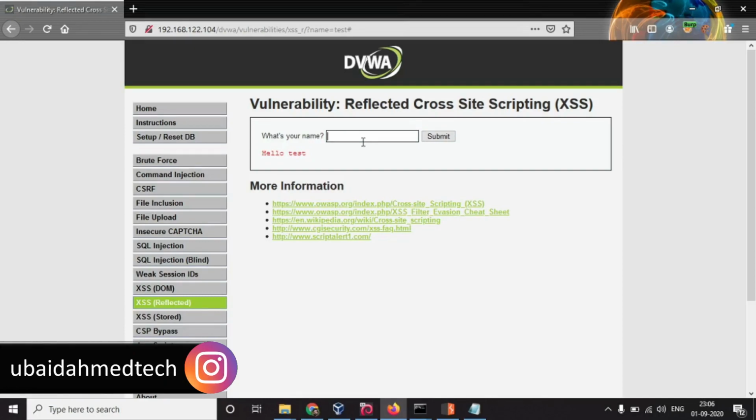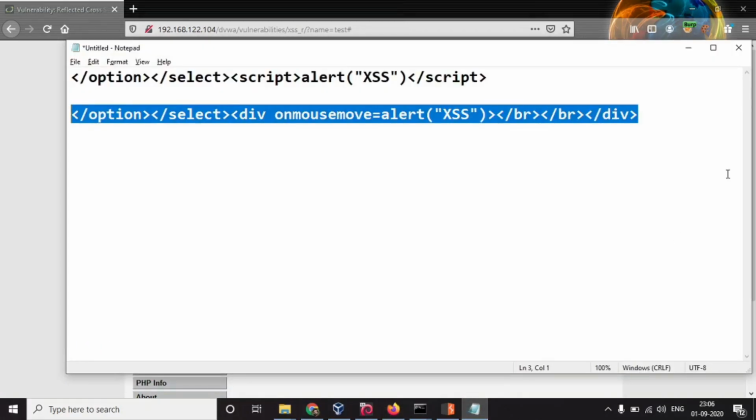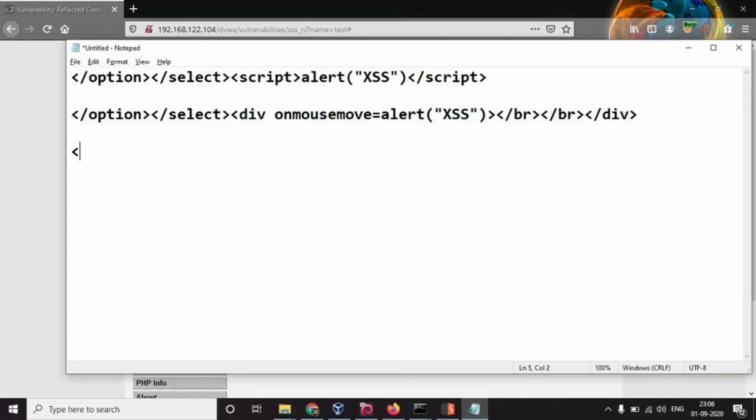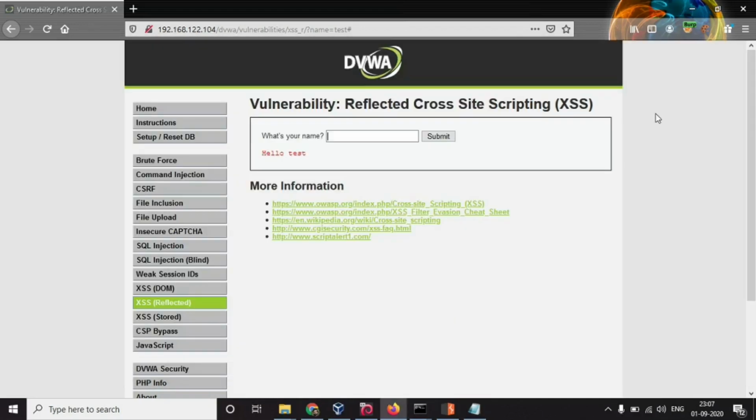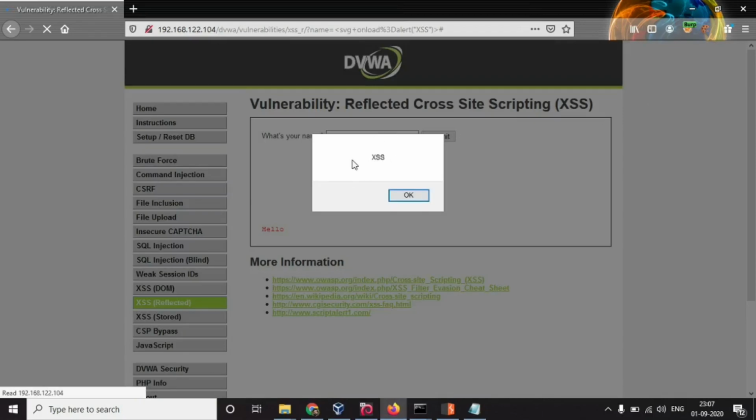We know that we cannot provide a script tag, so we'll provide a new payload for this one, which is svg onload is equal to alert. Okay, that was a quick solution, and we are able to see our XSS pop up.